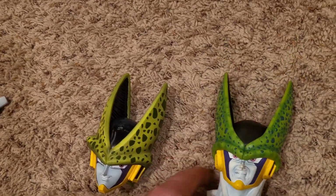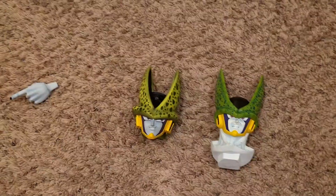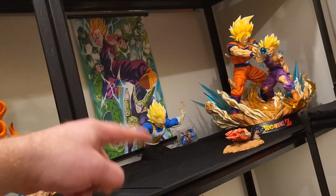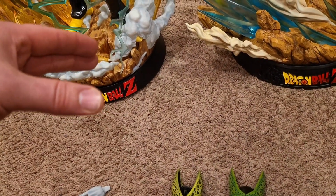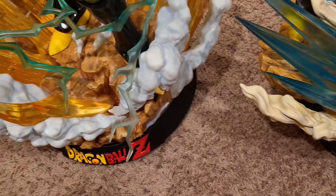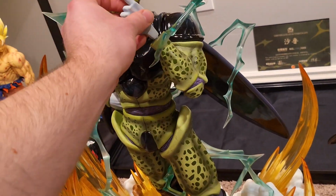They're both so incredibly well done. But I would say, based off of that photo, you can see just how shiny Cell's black parts look, like everything's shiny. I think Infinity Studios is more accurate, of the Cells. But I think I may like KD's more. Infinity's is incredible. But